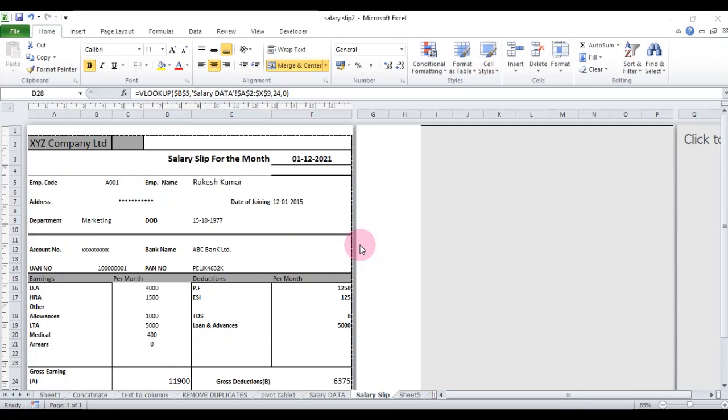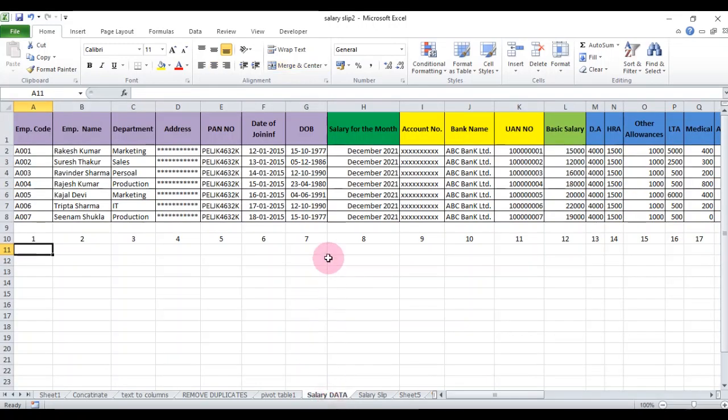Friends, today I am discussing how to make a salary slip in MS Excel with the help of the VLOOKUP function of MS Excel. So let's start the tutorial. First of all, I have made this data for making a salary slip.